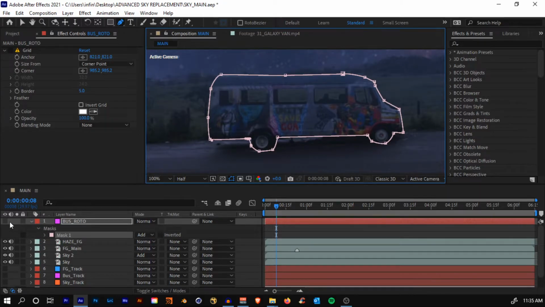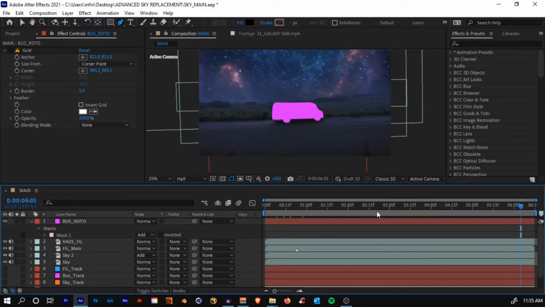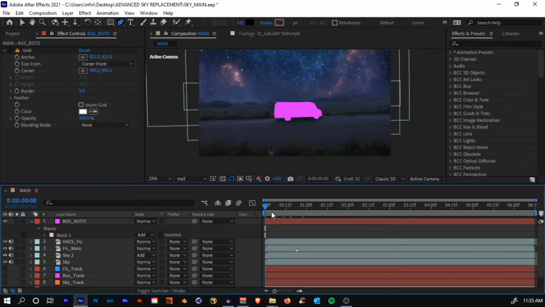Yes, and now if you enable the layer, you'll see that we have a mask tracked to our scene, and yep, it's all good to go.